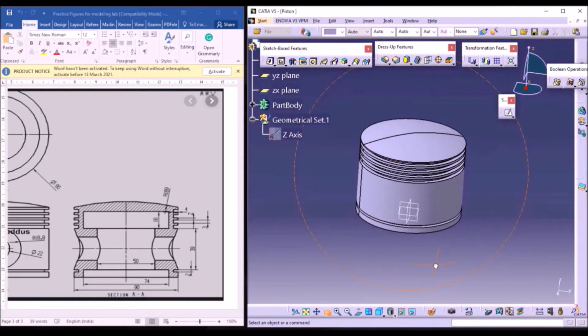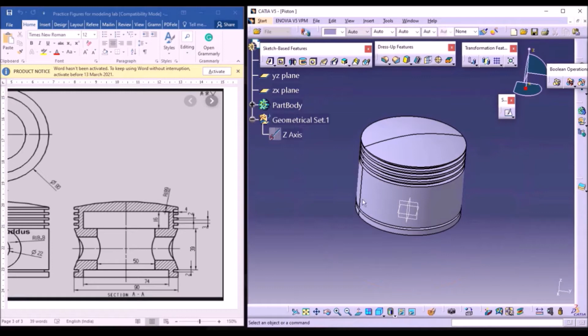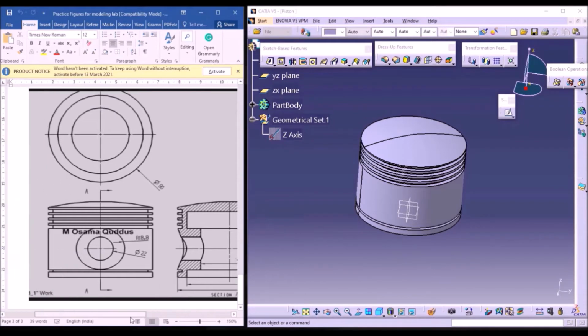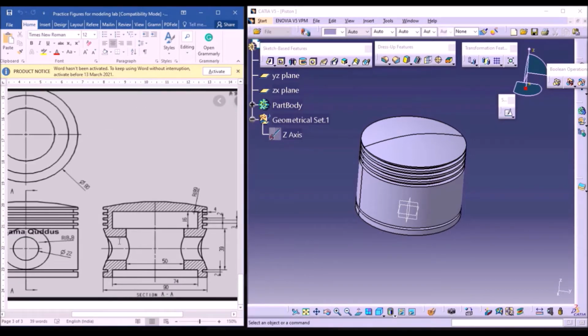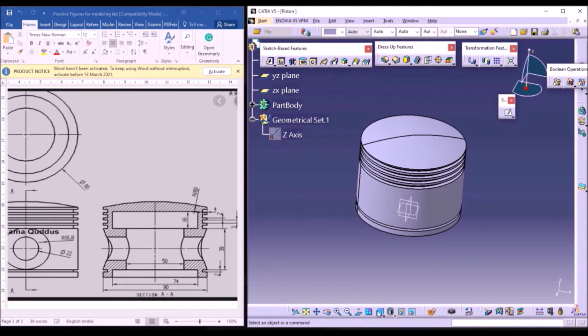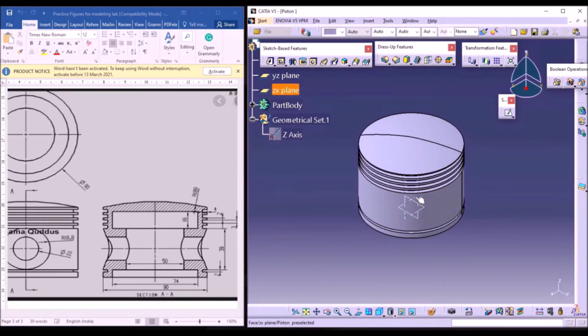So this is about the revolution of the object, that is the shaft of the object. But the figure is not completed. We need to provide two circles at the corners, that is, from the center point we need to provide the two corners with a hole. So for that, after drawing the sketch, we need to specify the circles from the center plane, or you can create another plane and do it.